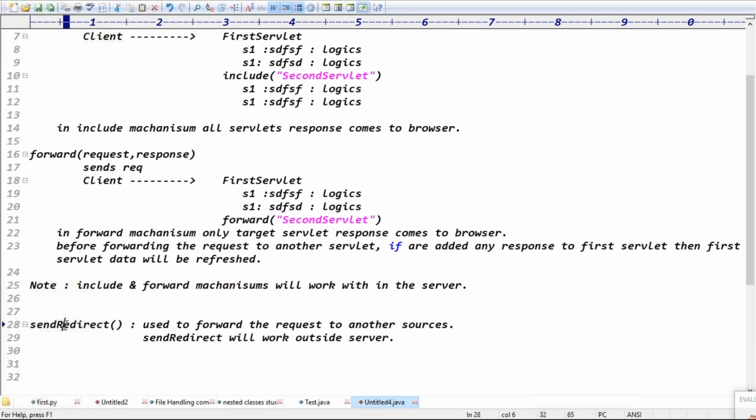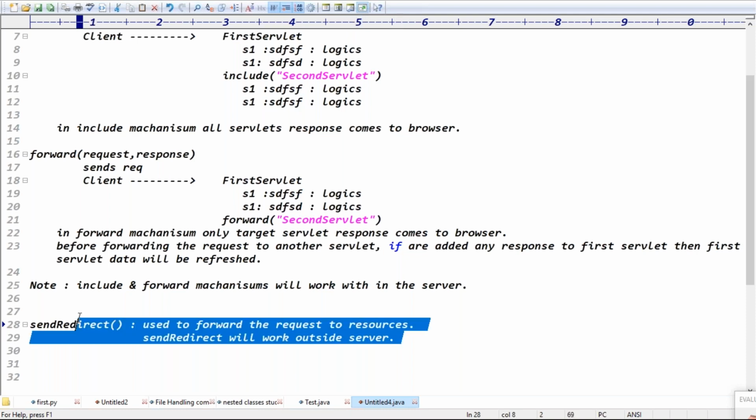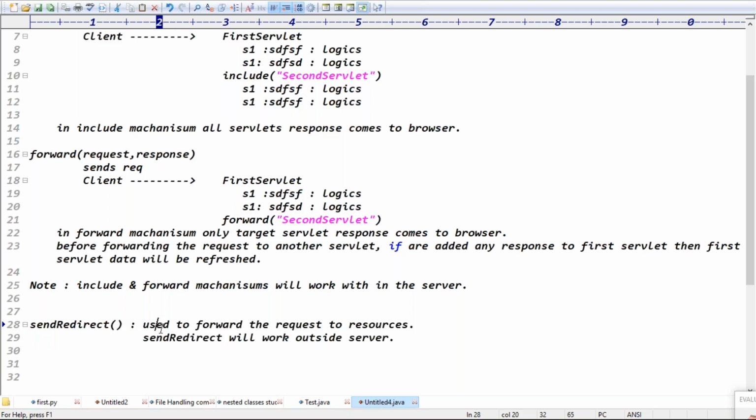It works outside the server, means, see, for example, send redirect. Send redirect means what happened, guys, here? It is used to forward the request to external resources.